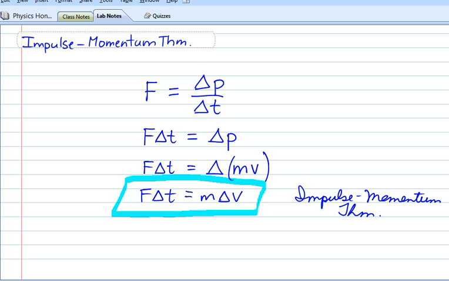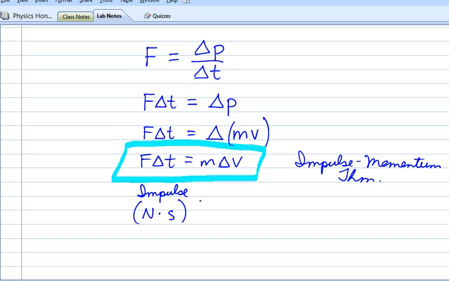Now let's look carefully at what each side of the equation is. The left side is what we call the impulse, and it has units of newtons times seconds. And going back to our whole idea that from F equals ma, the left side are the causes, you could think of impulses as causes of changes in motion. The right side is the change in momentum,